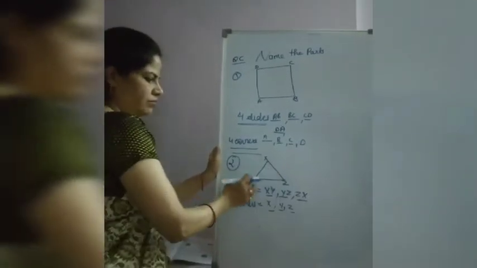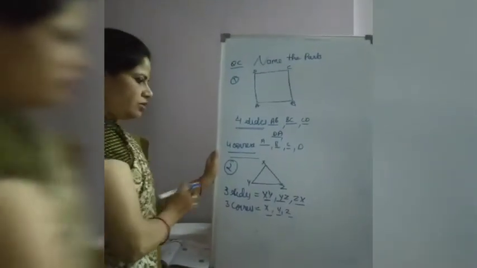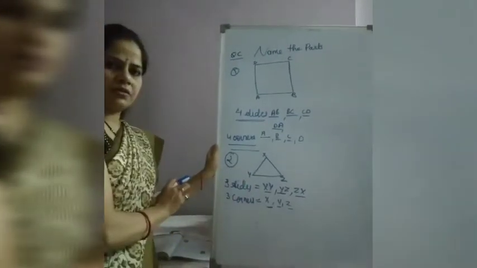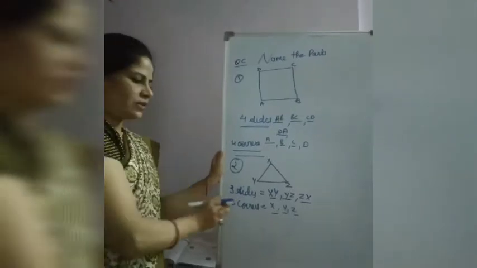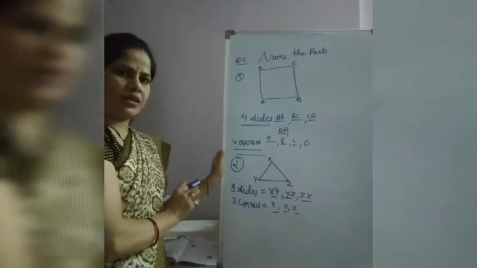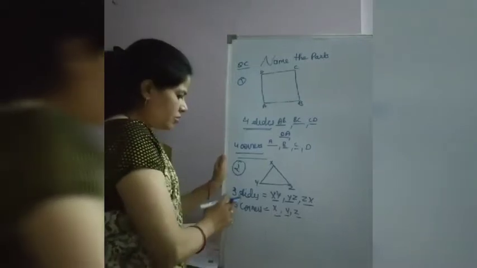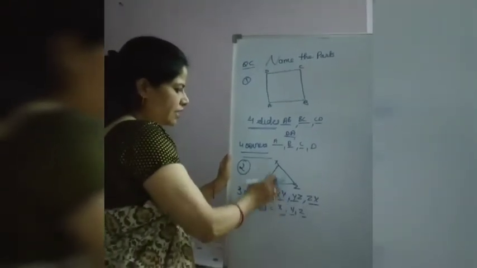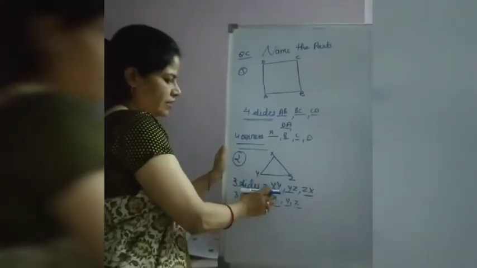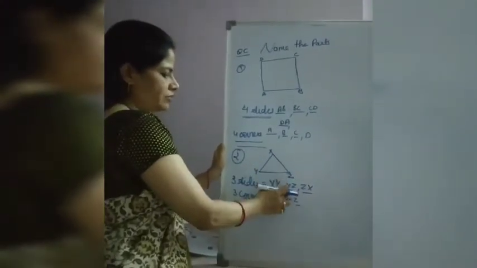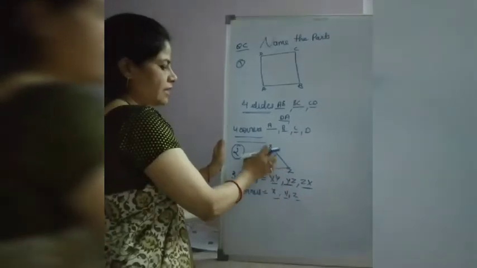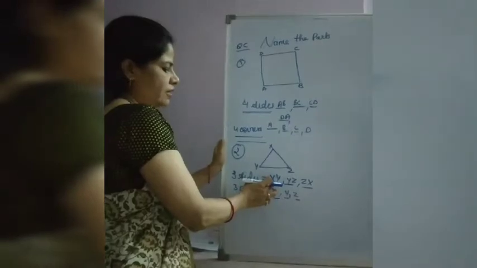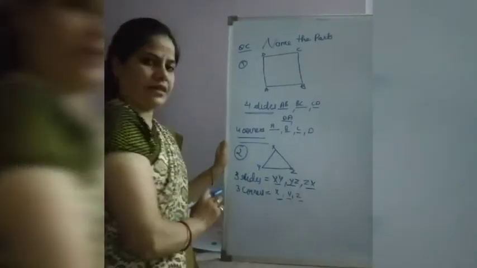What is this shape? This is triangle. Now you have to write the parts of triangle. So as you know that how many sides a triangle have? 3 sides. And how many corners? 3 corners. So first you will write 3 sides. So the first side XY, then second side YZ, then third side ZX. So 3 sides of triangle are XY, YZ and ZX.